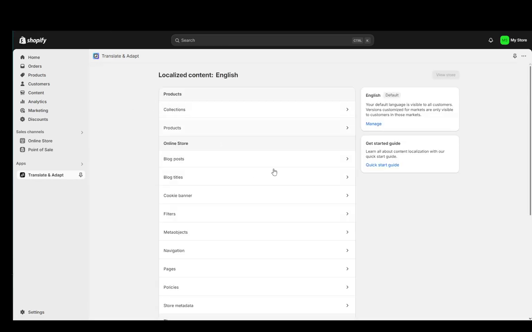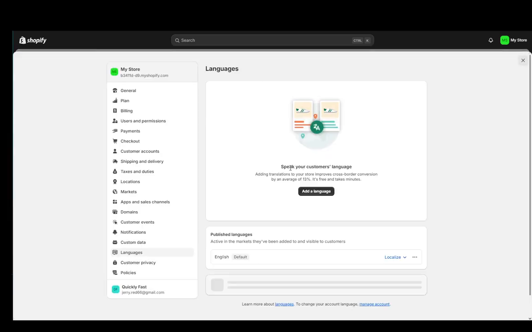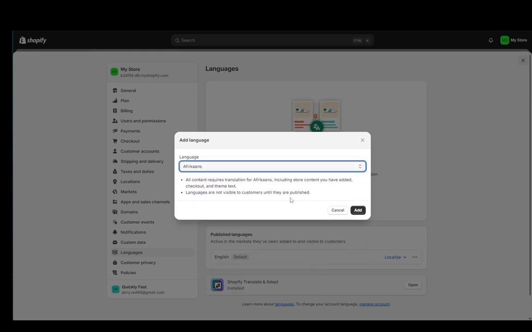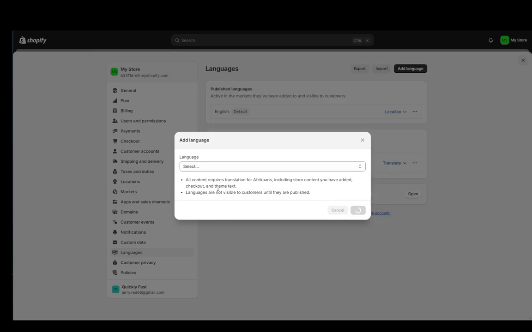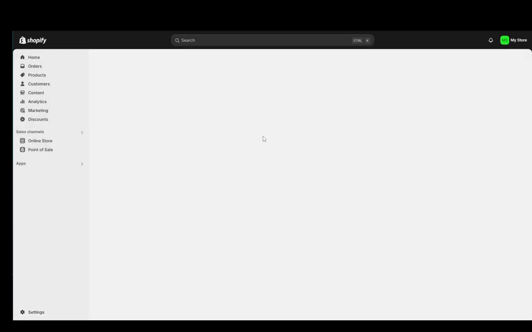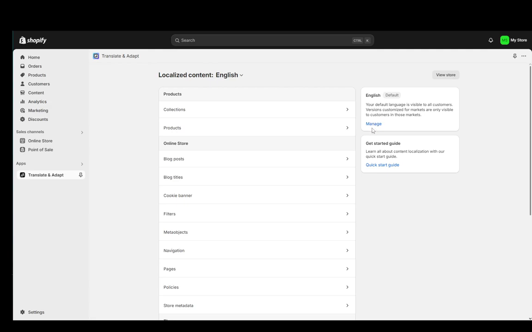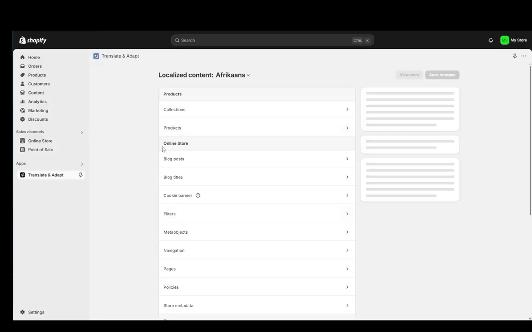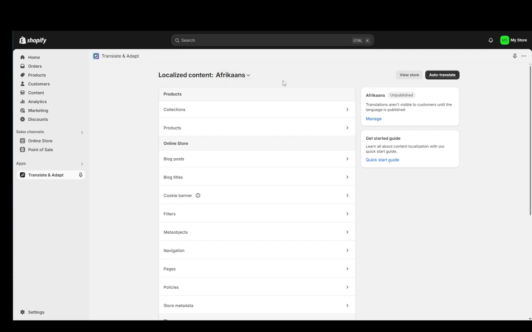As you can see, that'll open up this page over here, and to the right you'll see English is my default. I can click on manage right over here and I'll add a language. Just for example, I'll add Afrikaans and click add, and now Afrikaans has been added. Now what we're gonna do is just go back, and it should be set to Afrikaans, or it wasn't. I forgot to click something. Yeah, you need to click translate and click translate and adapt. I missed that step. And once you're there, as you can see, localized content, you can select whichever language you